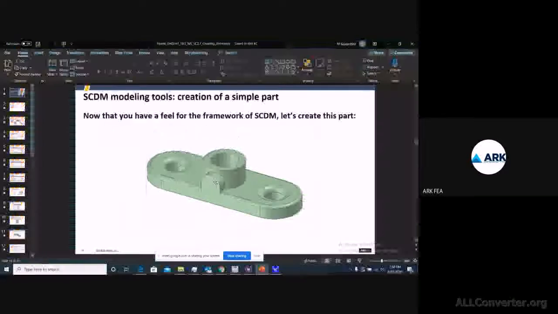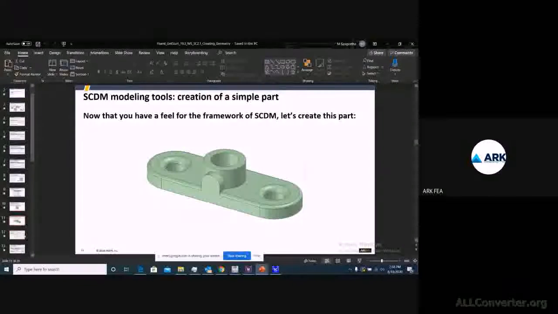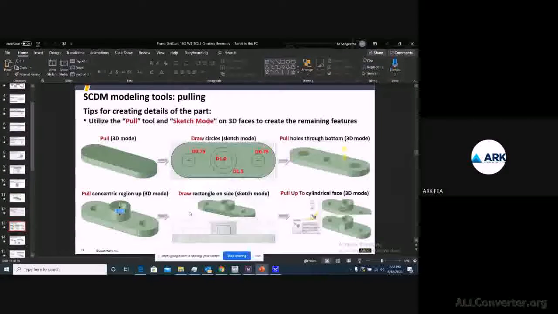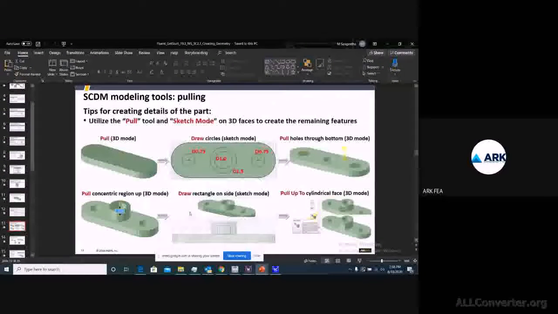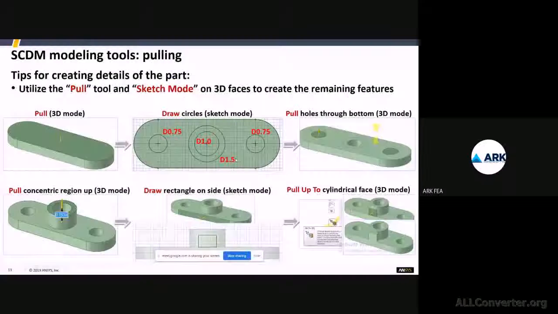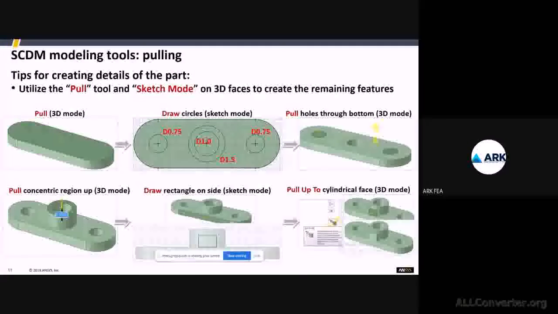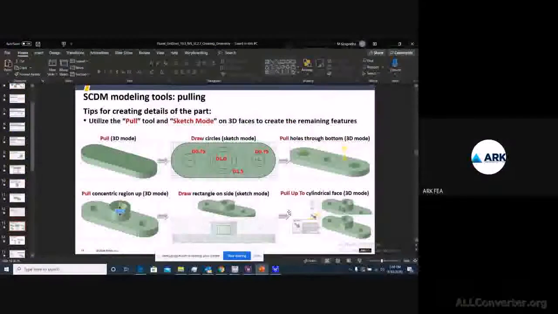So far it was just the introduction part of a specific tool. For that, you can see in the slide that we have an object with a diameter of 0.75, and the exact one we will try to create,